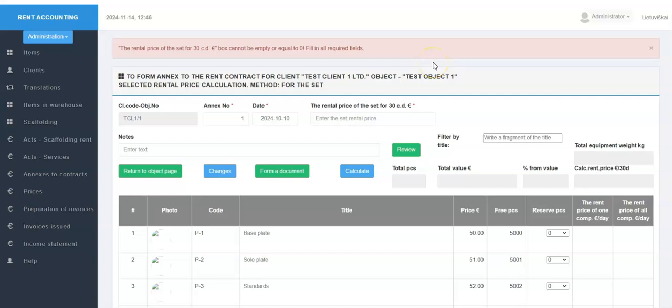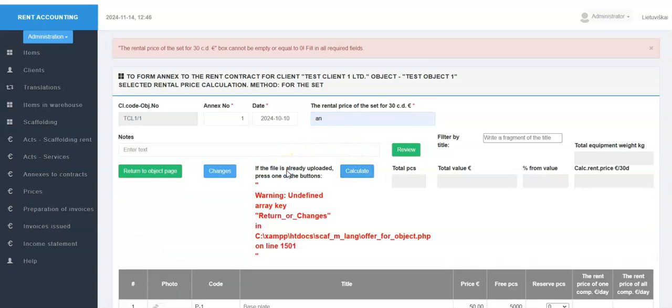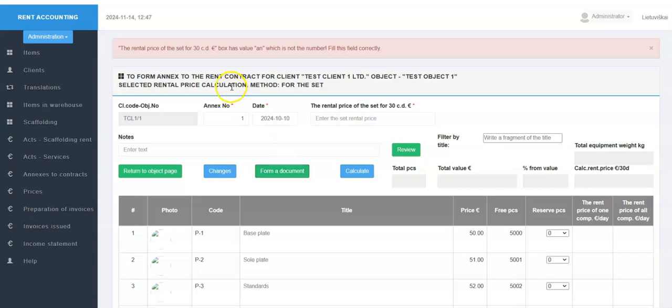If we mistakenly entered a letter instead of a number in the price field, the program will also display a corresponding message.